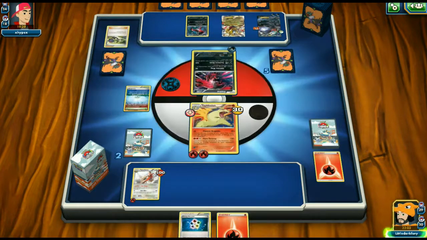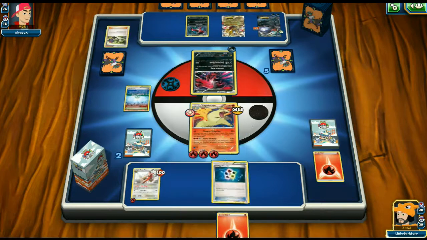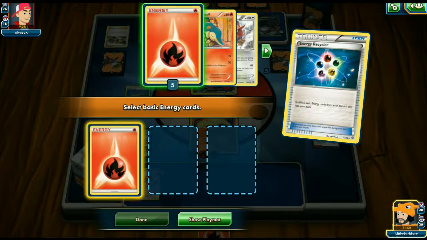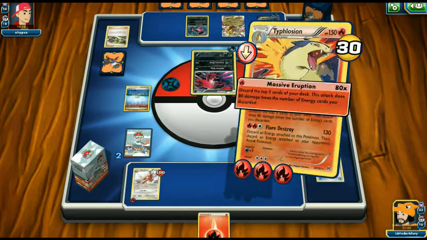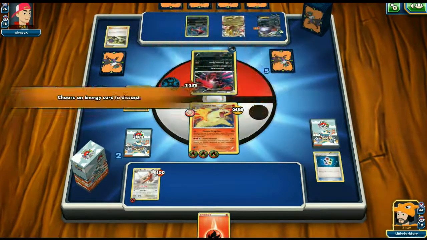So let's see what we can top deck here. Fire Energy, not what I want. Let's go with an Energy Recycler. And we'll get back our 5 Fire Energies. So boom, boom, boom, and boom. We'll get them all back. I mean, we could Flare Destroy or go with Mass Eruption. I think the best bet is Flare Destroy. It knocks him out anyways. And we'll knock him out and...